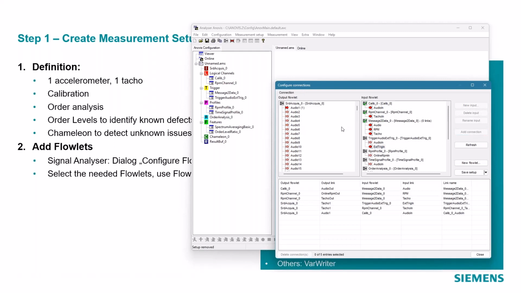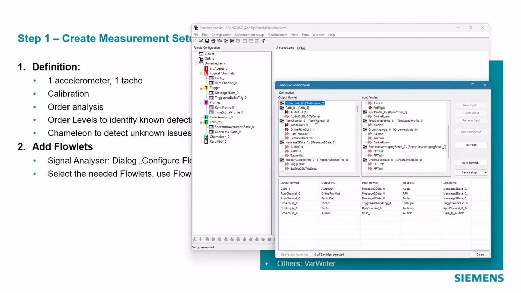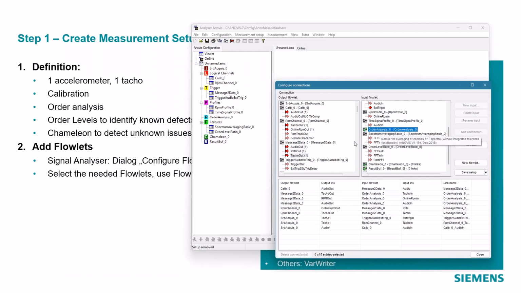And so I can connect all this stuff together so that it makes sense: I take the signal, calibrate the signal, route the signal through the order analysis. This is something that I can also show you here in the order analysis. I put the audio signal in, the RPM and the tacho, and the output of the order analysis is now connected to the spectrum averaging.